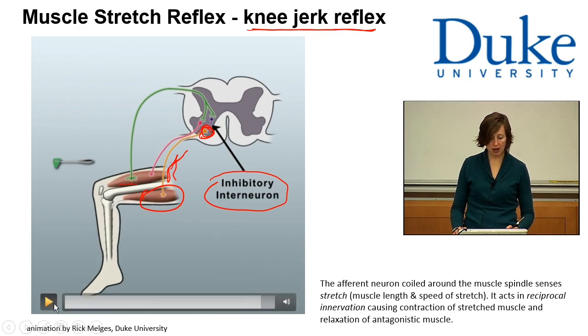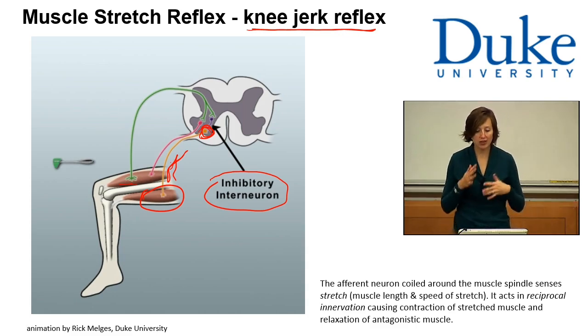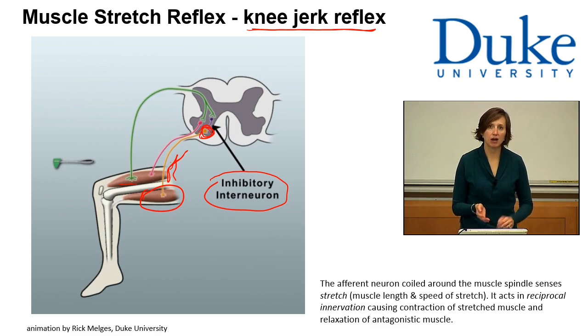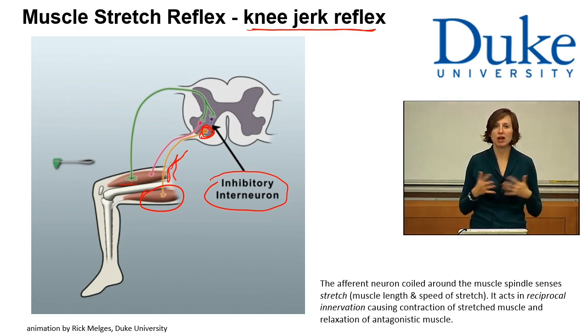Now this, obviously, the vast majority of our movements are not completely reflex. One thing to note with this is that this reflex loop that we're talking about really involves only the spinal cord. These are the neurons, and this is only involving the spinal cord. However, we can use reflexes like this by influencing them from up above, from the brain, to do more everyday